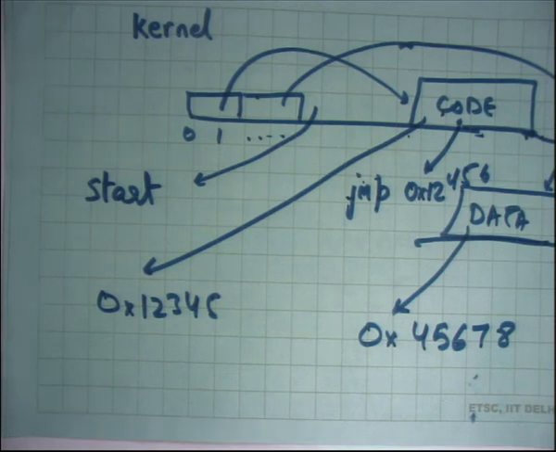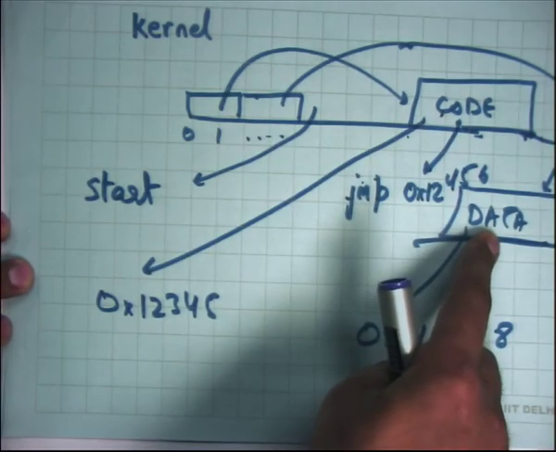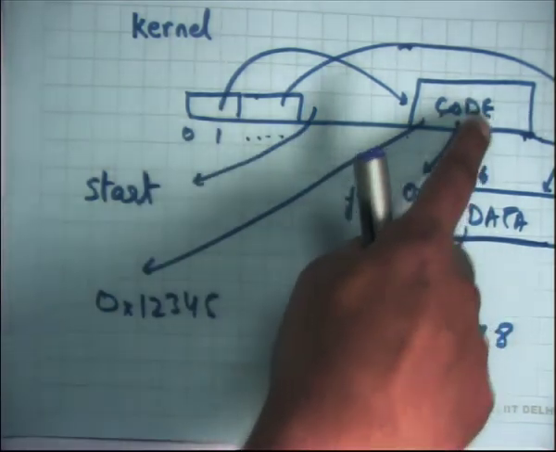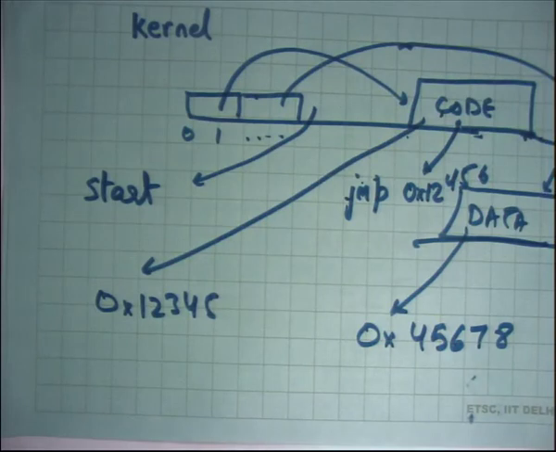For example, functions are named by addresses, variables are named by addresses. A global variable will live in the data section. A function will live in the code section, and these things will have internally pointers to each other. Some instructions will have pointers to some functions, or some instructions will have pointers to some data, but these are all at fixed addresses because the ELF has dictated that this particular data should be loaded at this address, and you have already pre-computed the address of the variable inside the data section and all that.